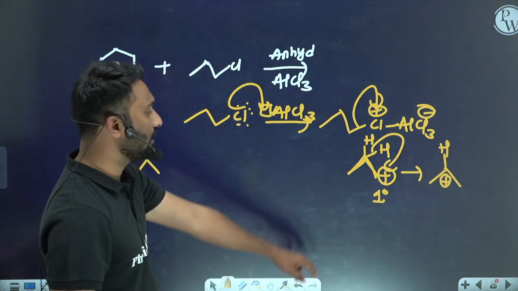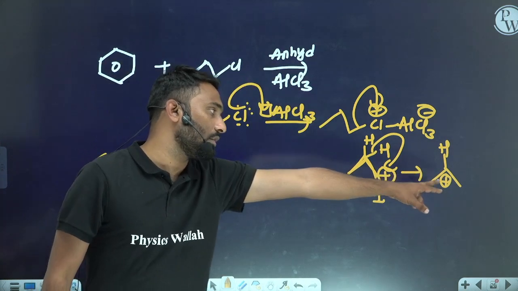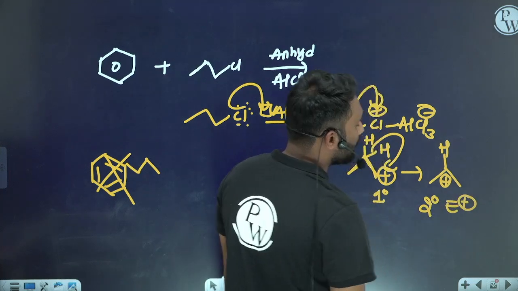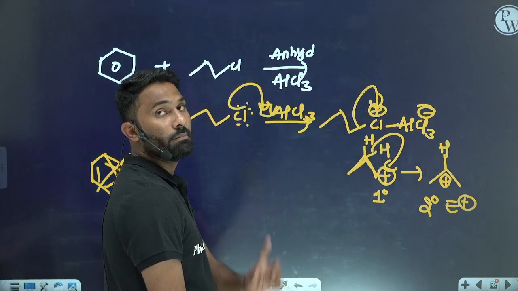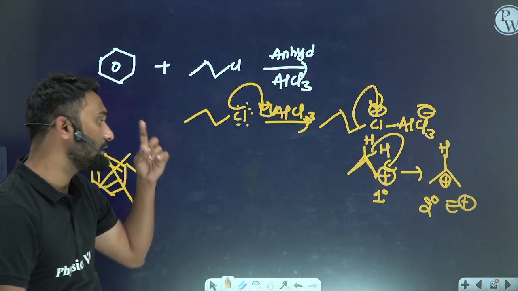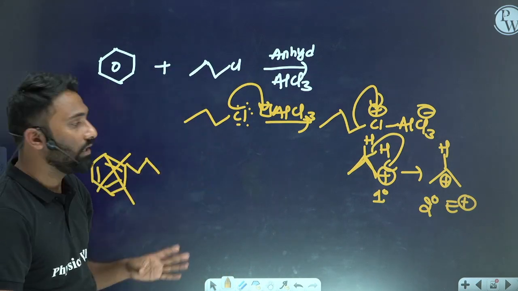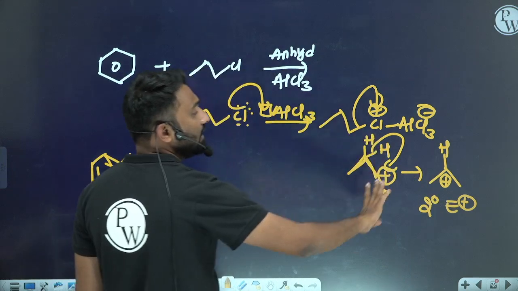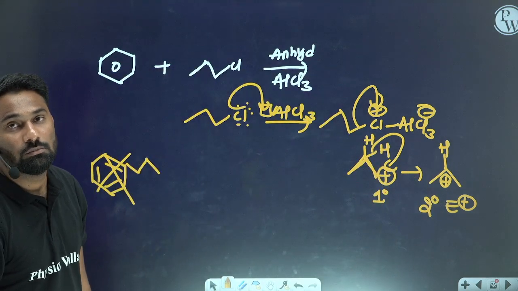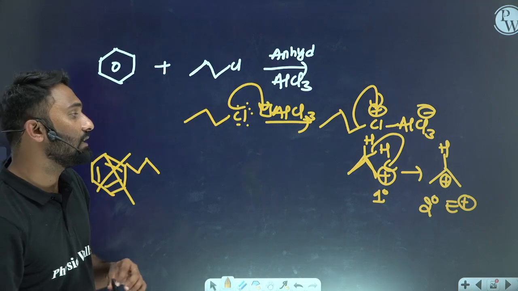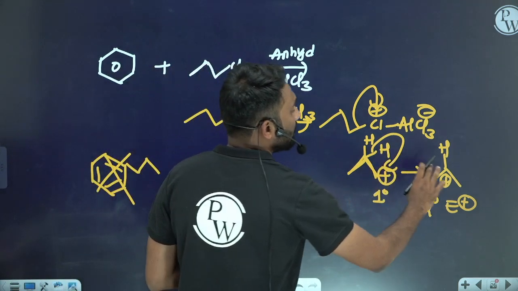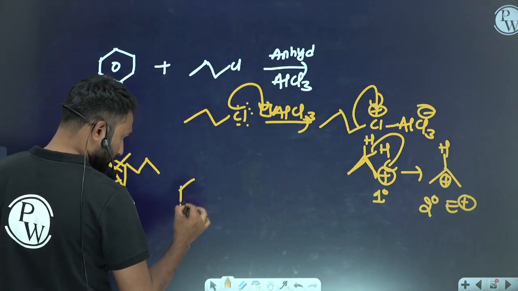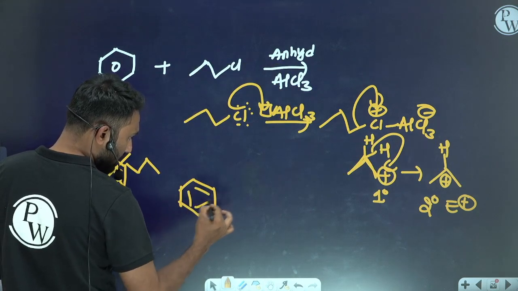Now secondary carbocation is more stable than the primary carbocation. Now this is our electrophile. Secondary carbocation is our electrophile, not the primary carbocation. If they give this kind of question, you have to be very careful. Clear? Not the primary carbocation, the secondary carbocation. Rearrangement happens in this. Only by that rearrangement, we have to attack it to the benzene. Clear?